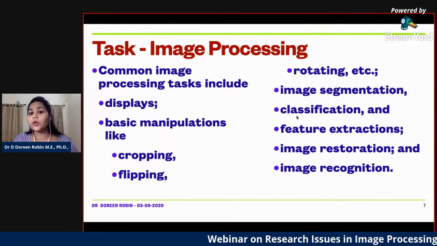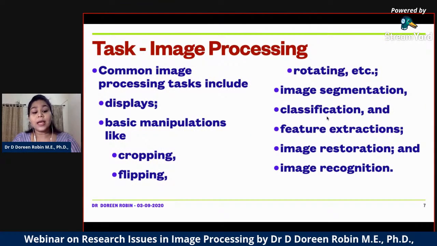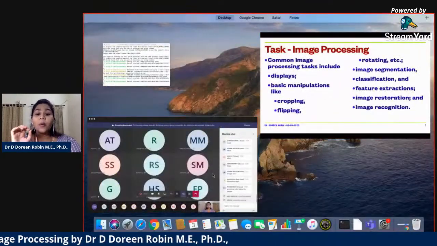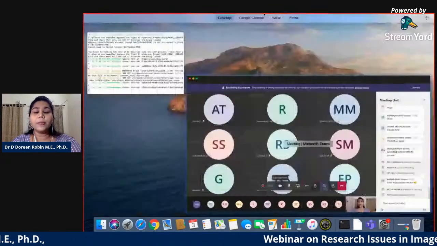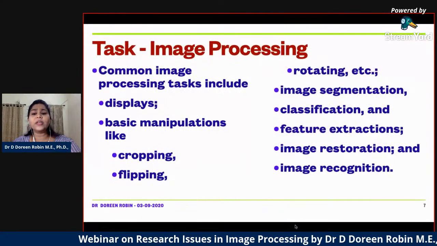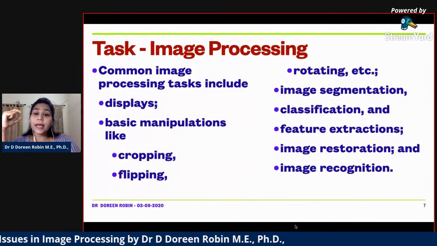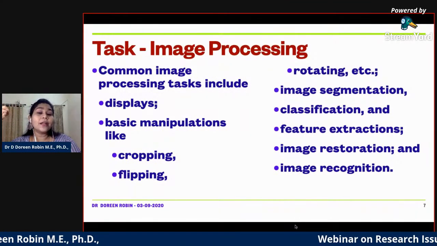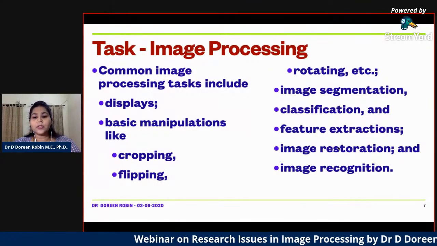So image segmentation, I told you the example of classification. The best is Google Photos. As some students are also here, try to survey yourself: what is the algorithm that Google Photos uses? And they keep refining it. It is not the same. Feature extraction, this is the first pre-processing. What is the size of my eye? What is the color of my eye? What is the color of my skin? So all these features are extracted in the feature extraction process.